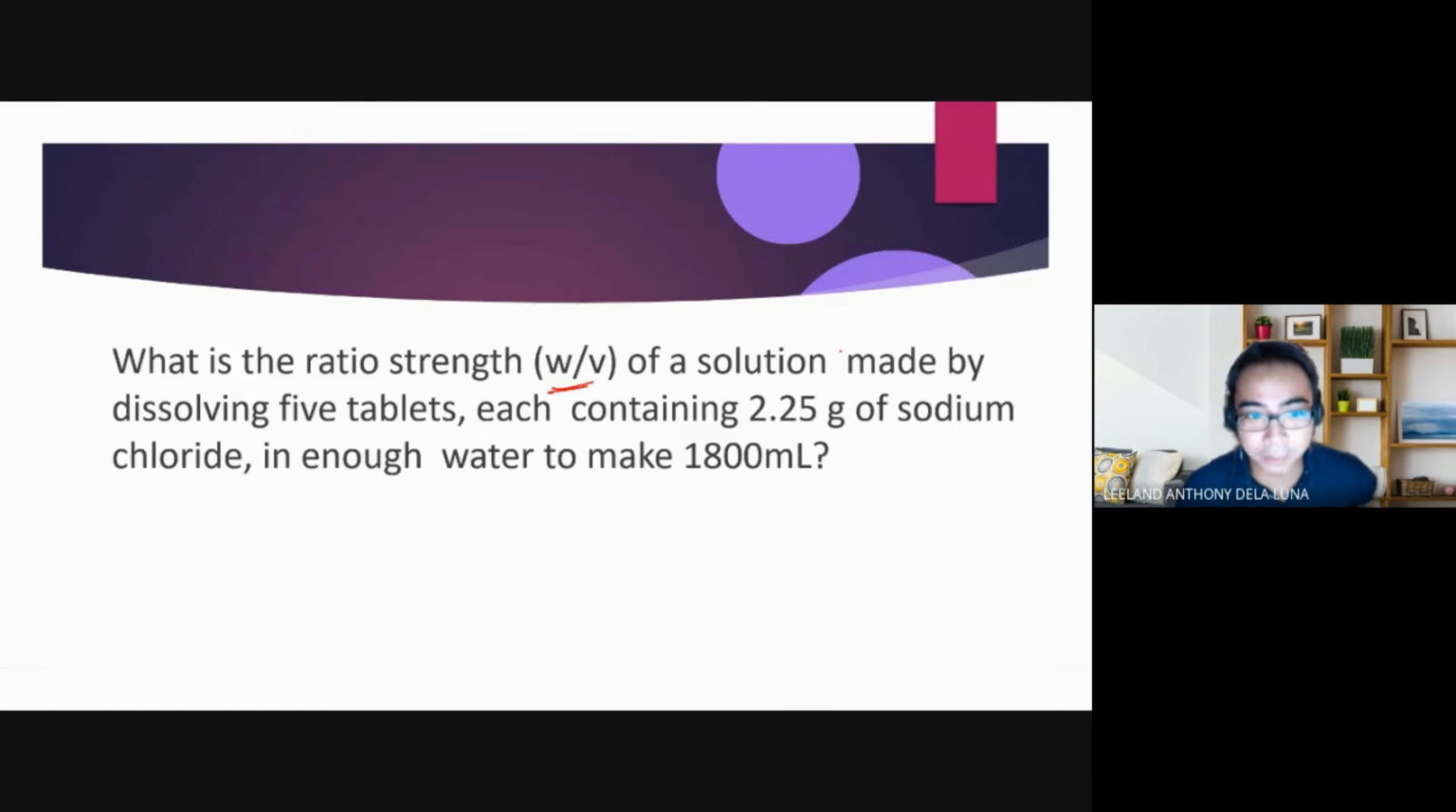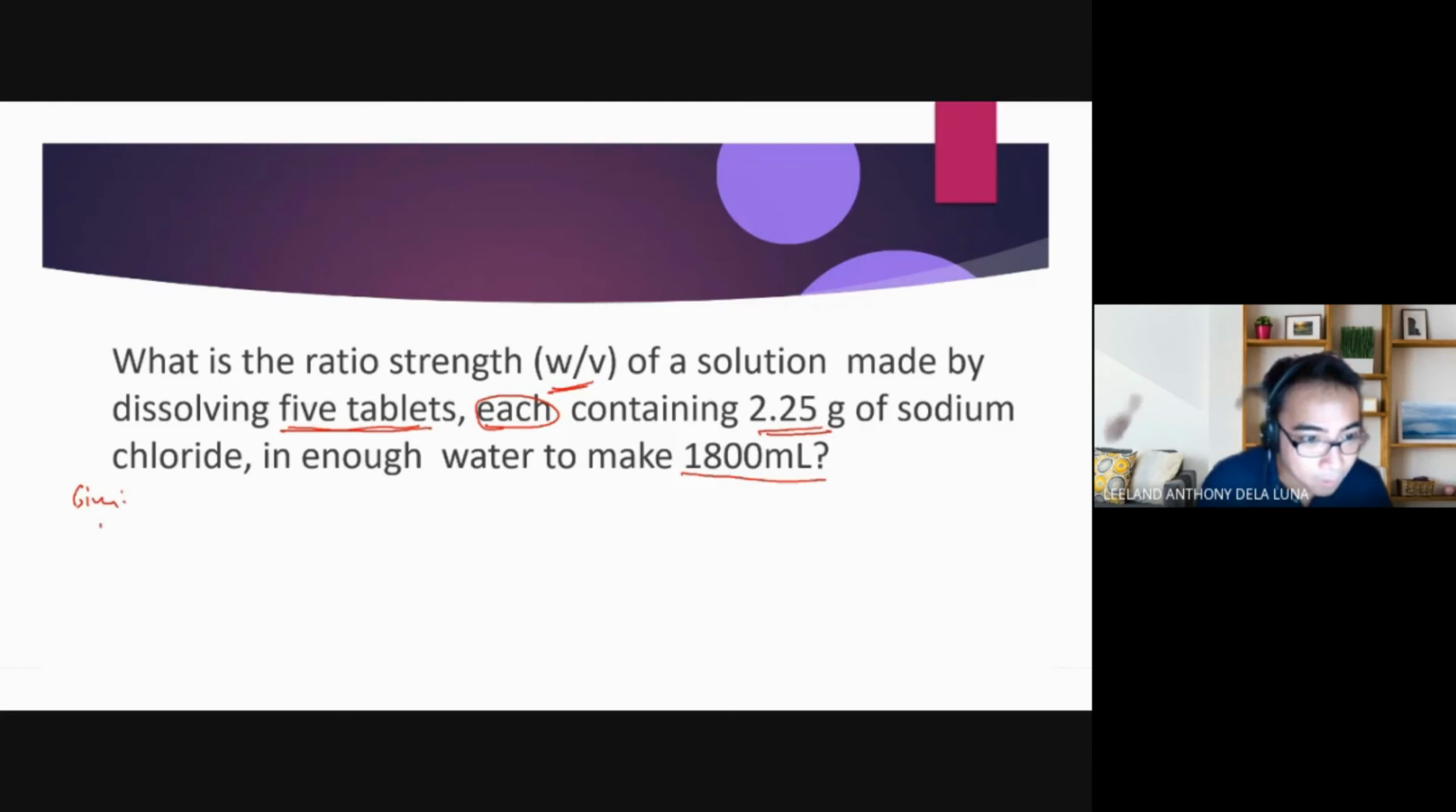Right? So tapos, ano ang solute na ginamit natin? So 5 tablets of sodium chloride, and each tablet contains 2.25 grams. So 5 tablets, each containing 2.25 grams of sodium chloride, then it was dissolved in 1,800 ml of water. So sulat na natin given natin. So weight of solute equals 5 tablets. Tama? 5 tablets ang nilagay natin. Tapos sabi natin, each tab, 1 tab, contains 2.25 grams of